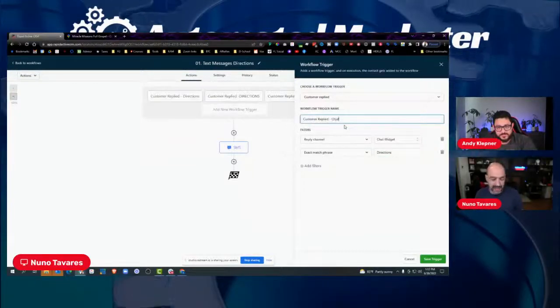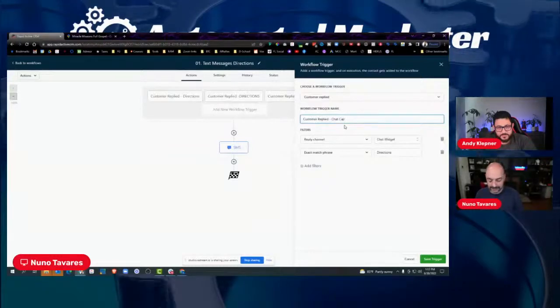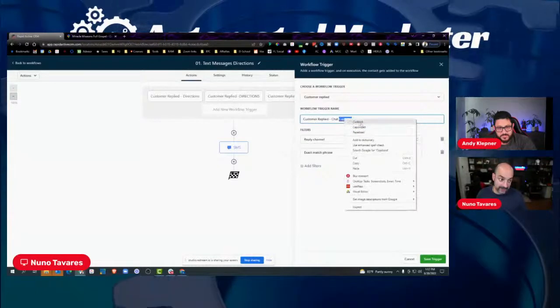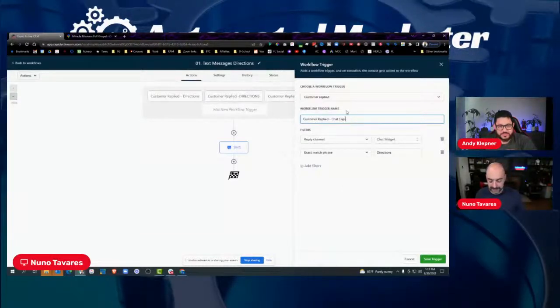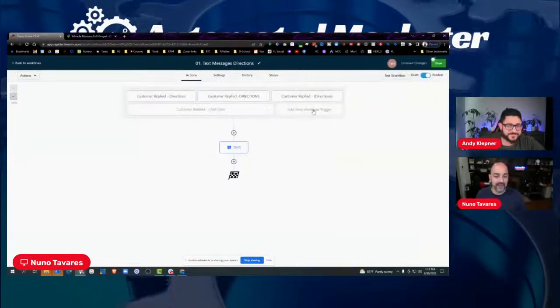But here we'll have chat, and this will be capitalized. Maybe, wow, that's definitely not how you spell capitalized. Caps. Just say caps. There you go. Save, and then,